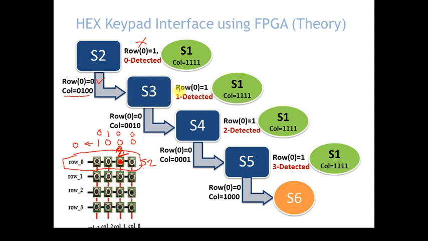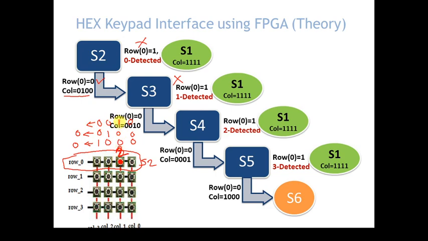Right now we are in S3. Again we have to check if row of 0 is 1. Because this key is pressed, here also row 0. So right now we are checking only row 0. Please remember. Here again the value is 0 because this 0 logic is shorted here and row 0 is 0. So in S3 this condition is also false, right? Then again we have to come here. So else part, if row of 0 is 0, yes, then assign the value 0, 0, 1, 0 and check the row value.